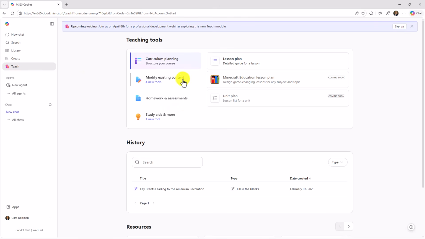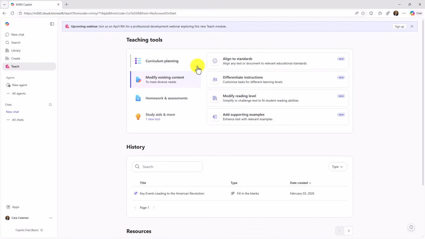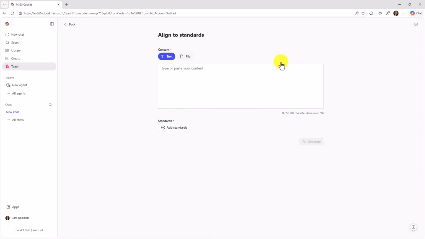Now, the first 4 set of updates are modify existing content, and I will click here. And there are 4 new features: align to standards, differentiate instructions, modify reading level, and add supporting examples. Let's go into the first option, align to standards. This lets me paste any content or upload a file and quickly align it to standards, and we'll show how